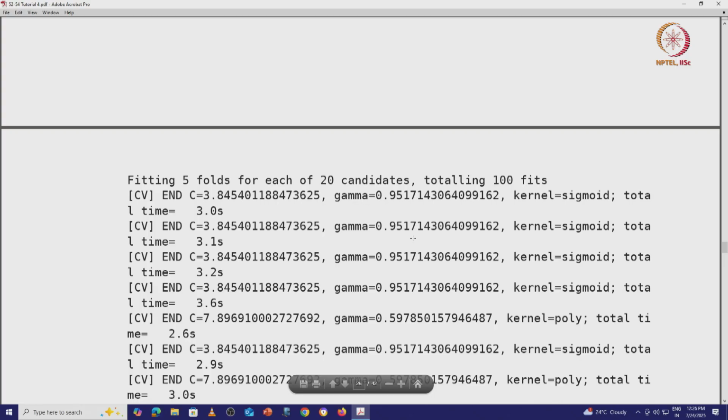Alright, this time I am showing you exactly how the output looks. I have not deleted the output like I did last time. So this is fitting 5 folds for each of 20 candidates, totaling 100 fits. If you remember, in the earlier case there were 5 folds and about 48 different choices of hyperparameters, so there were 240 fits. So with